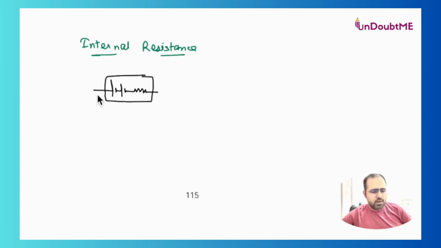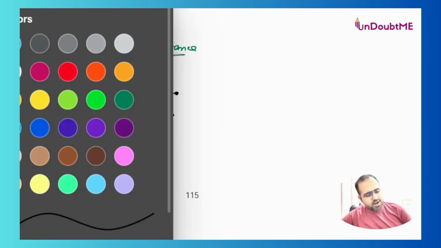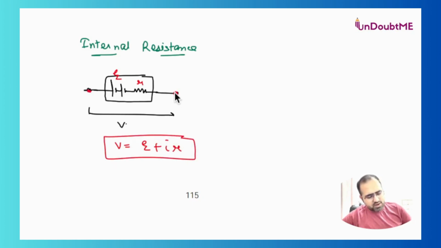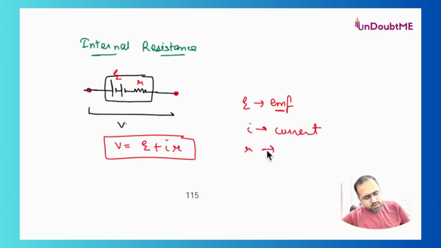So the net potential across the battery, let's say this is V, and the potential across the terminal of the battery we can consider as E, and internal resistance is r. Then we can write V is equal to E plus Ir. V, the net potential across the battery, is equal to E plus Ir, where E is referred to as the EMF of a battery, electromotive force, I is the current, and small r is the internal